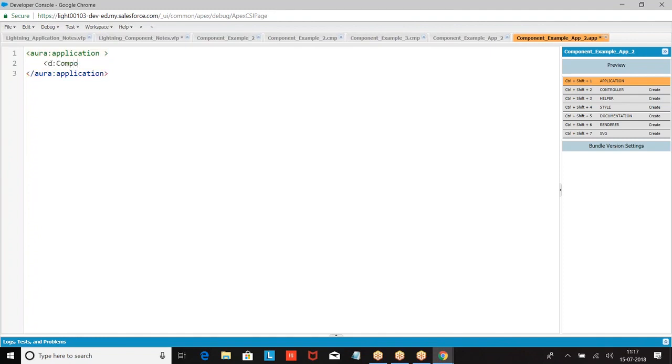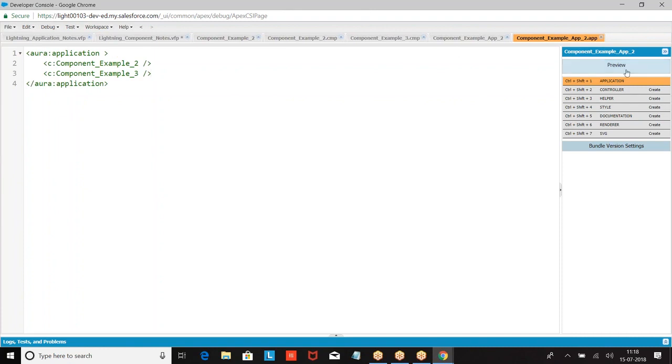Colon component example, component example 2, component example 3.